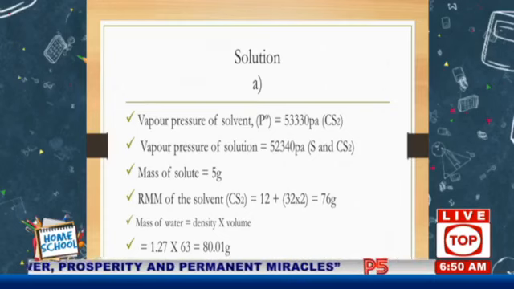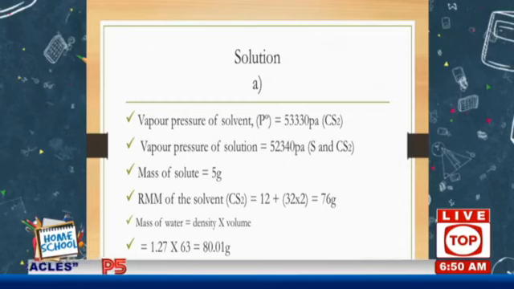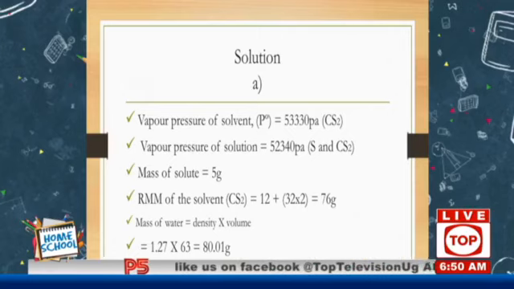Okay, there you can see that for the vapor pressure we have been given values of 53,000 and 52,000. That means the one which is 53,000 is the vapor pressure of the solvent. The one which is 52,000 is the vapor pressure of the solution. Mass of the solute has been given. Relative molecular mass of the solvent also,